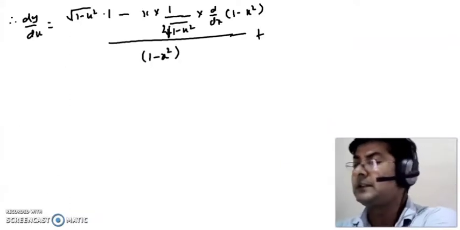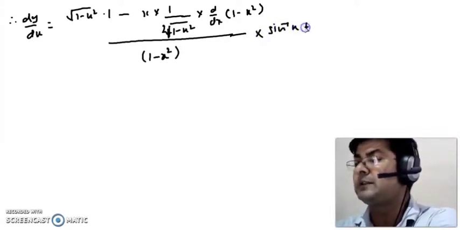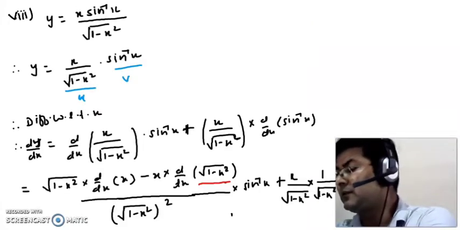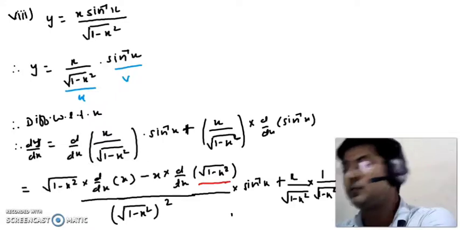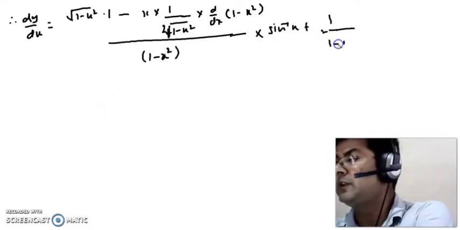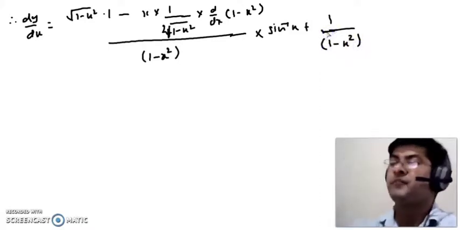into sine inverse x is left, so let us write down into sine inverse x plus we have x upon root of 1 minus x square into 1 upon root of 1 minus x square, so we can write 1 upon 1 minus x square. Clear? Okay, now